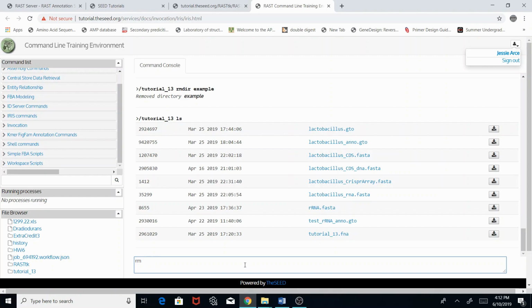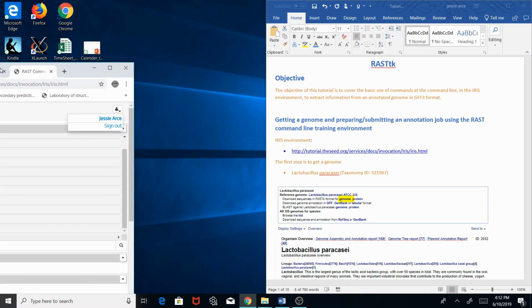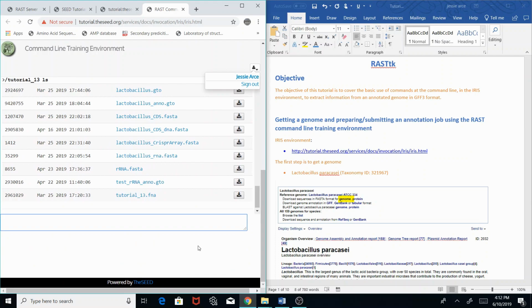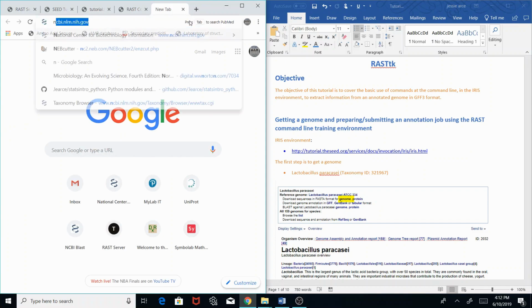Okay. So now let's get into getting a genome, since we've gone over some of the basics of using the command line environment. And I will show throughout this tutorial some more commands. So first, let's get a genome here, which is going to be a practice genome. So we can go to NCBI,